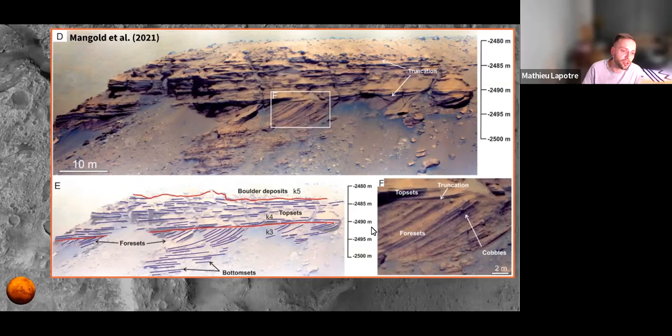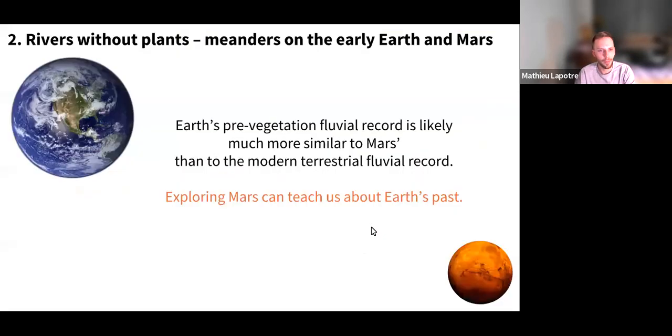The delta campaign is actually just starting right now. So very soon, we'll get to see these deposits up close, and I anticipate that they will really teach us a lot about how to interpret Earth's pre-vegetation fluvial record, once we get up close. So, wrapping up with this example, Earth's pre-vegetation fluvial record is likely much more similar to Mars's than to the